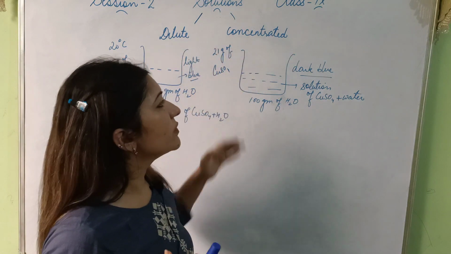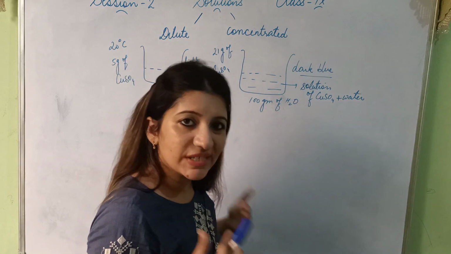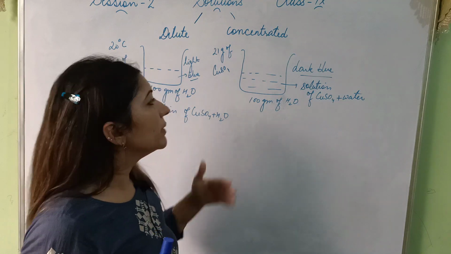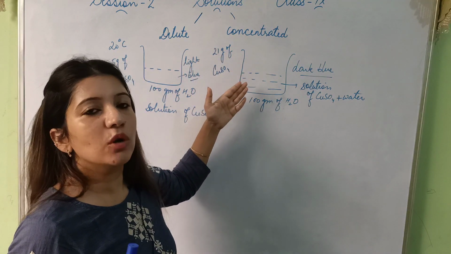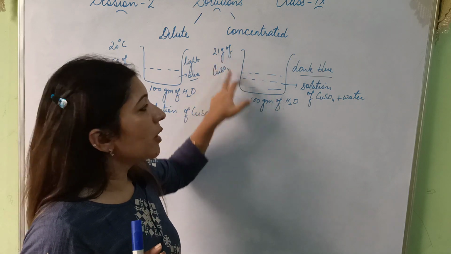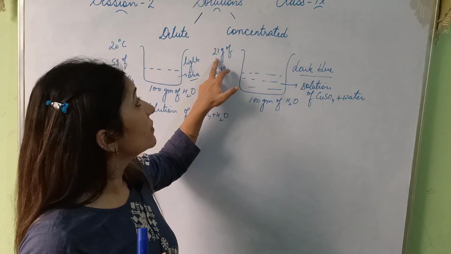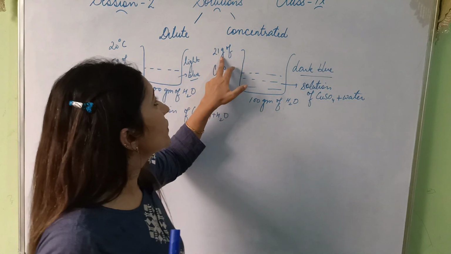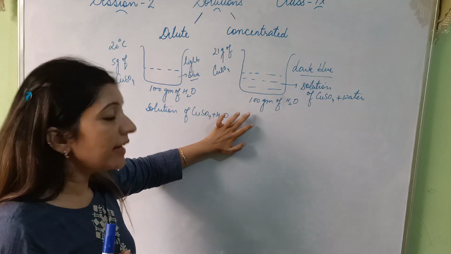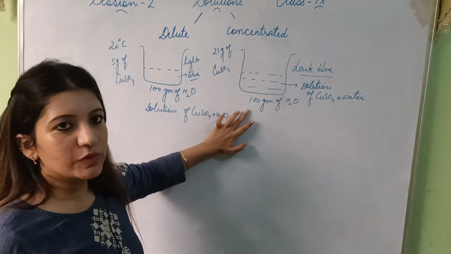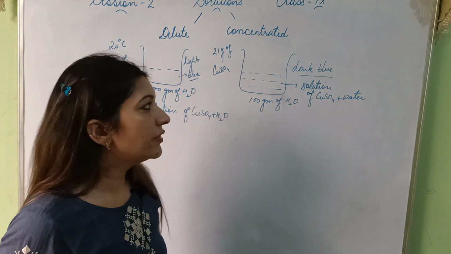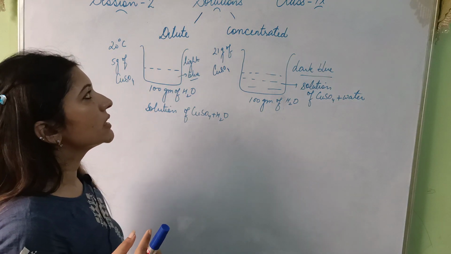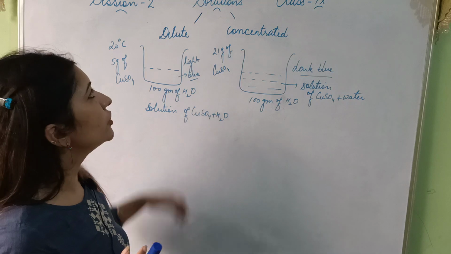And concentrated is when we have enough amount of solute, या solute का amount ज़्यादा है in a given amount of solvent. Solute and solvent cannot be equal; one should be in lesser amount and one in greater amount. So if the amount of solute dissolved in a given amount of solvent is quite large, then we say the solution is concentrated solution. Now these two are relative terms. We cannot express the concentration of the solution based upon this.